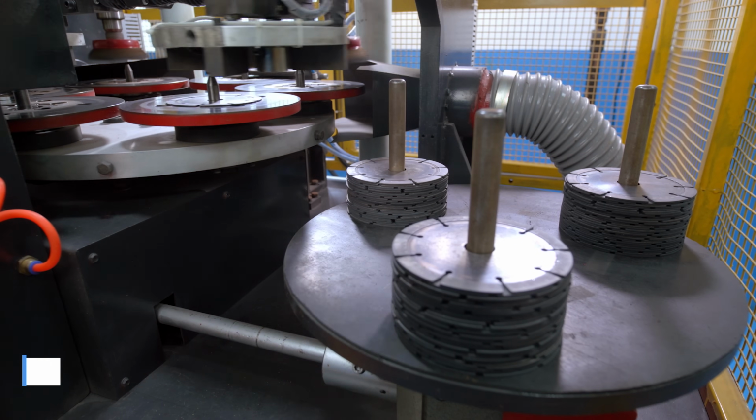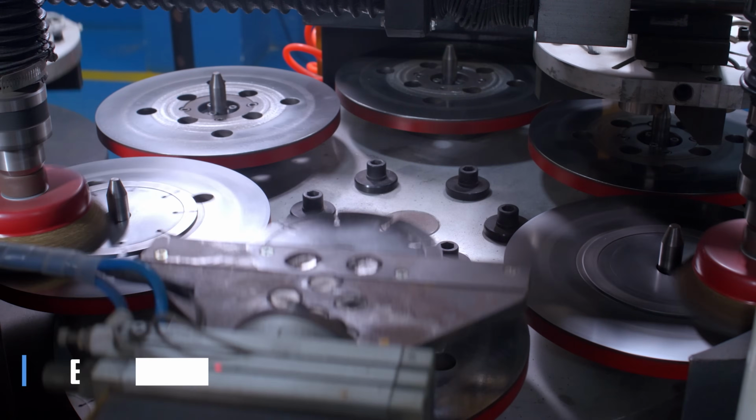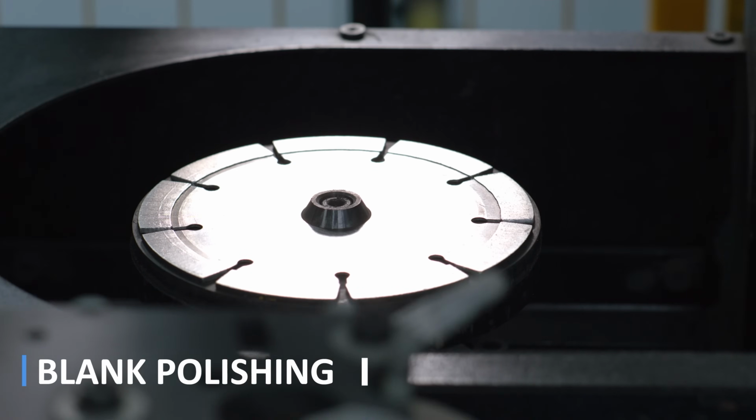The product goes through multiple stages of finishing for a defined geometry and balance. The blade blanks are elegantly polished